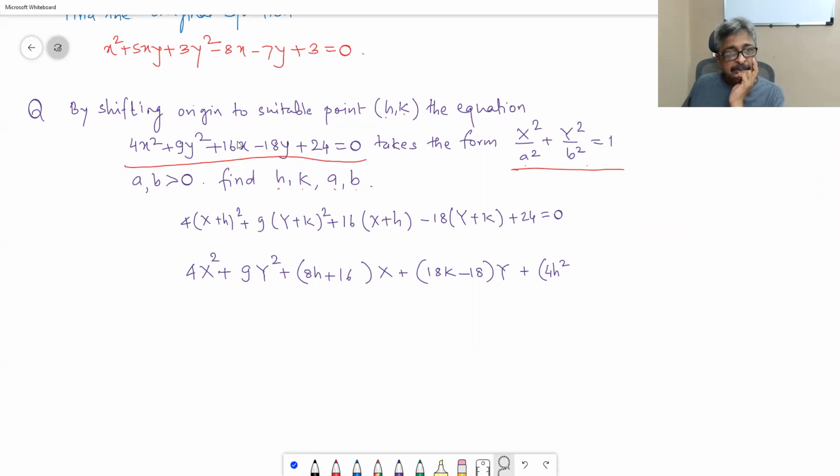Actually, if I substitute h and k back into the original, that is what is the constant. It seems every time plus 9k square plus 16h minus 18k plus 24